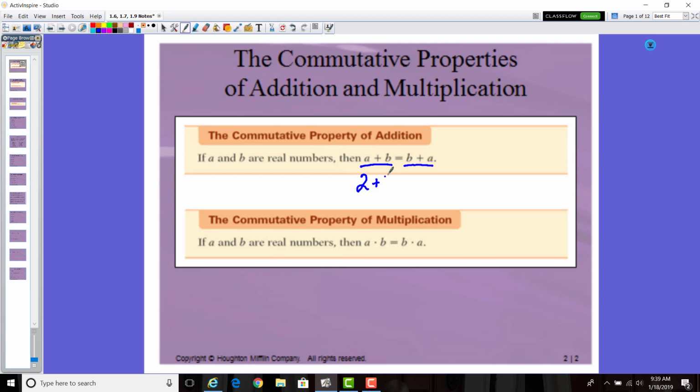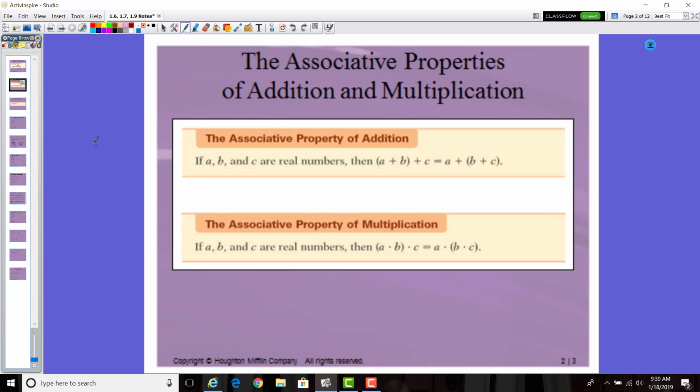If we look at 2 plus 3, does that give us the same thing as 3 plus 2? It does. Both of them have a sum of 5. Same thing with multiplication. 2 times 3 is going to be equivalent to 3 times 2. They both give us a product of 6. That's the commutative property. The associative property says if you have at least 3 numbers, A, B, and C, then